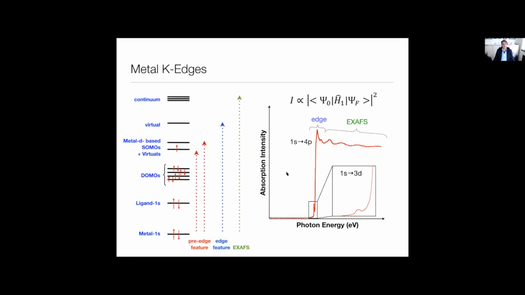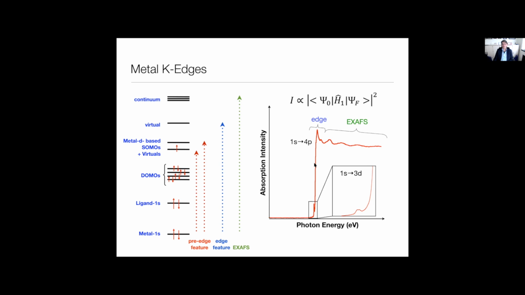Now let's first talk about K-edge X-ray absorption spectroscopy. As I said, the K-edge is relatively simple, the transition metal K-edge. You have a pre-edge feature that arises from the excitation of the 1s electrons into the metal 3d derived orbitals that you see here. These weak features are electric dipole forbidden, hence they're weak. Then comes the rising edge where you start hitting the metal n+1 p shell. So in the case of 3d transition metals, a 4p shell. And then, of course, there's the EXAFS region. And so we're mostly interested when we do the quantum chemistry in the pre-edge region here.